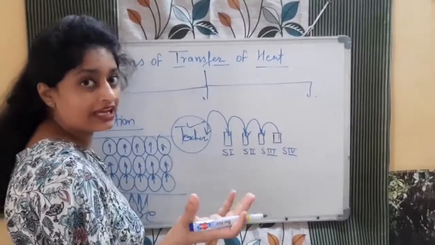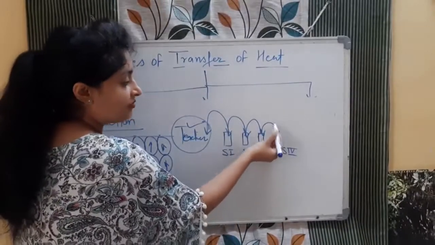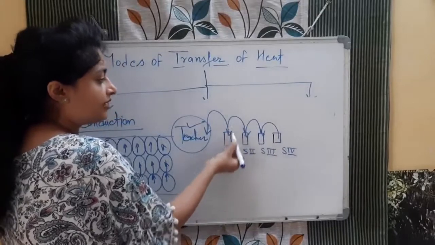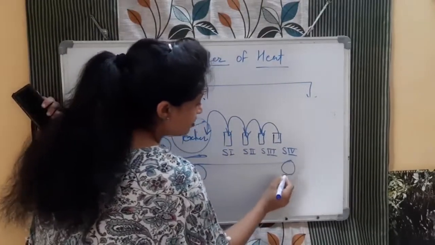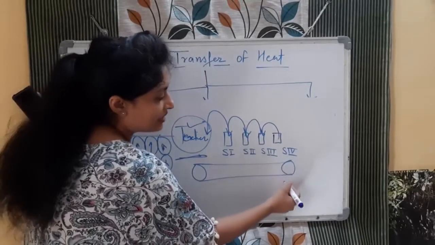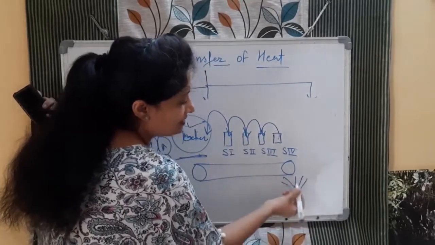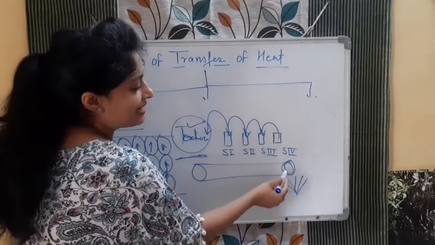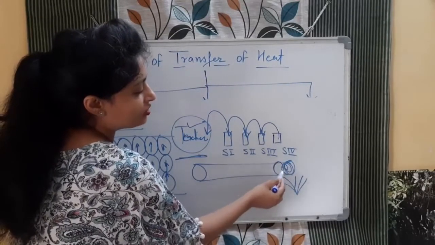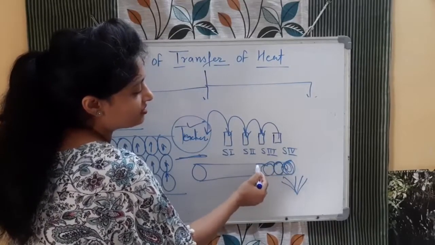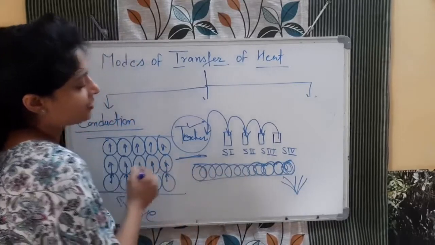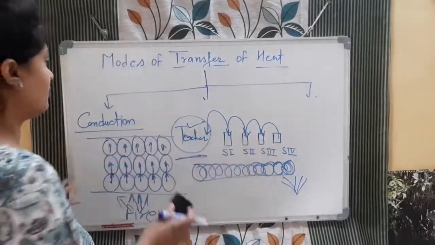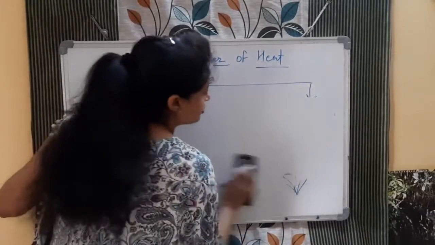In this example, what is the notebook? Heat. That heat is transferring from one to another, and finally it comes to the second end. If I take one iron rod, and this end is in the fire, so this end is getting energy. Now this will transfer the energy to this molecule, this will transfer to this one, and to this one, and slowly the complete rod will become hot. So this method of transfer of heat is known as the conduction method.